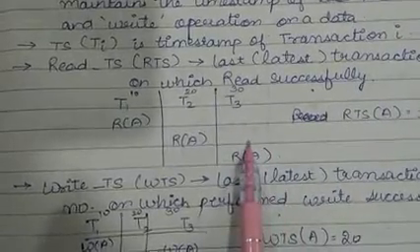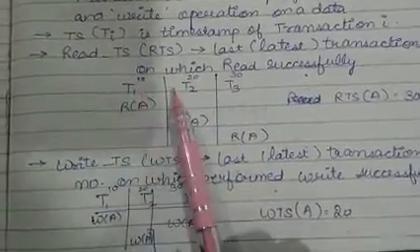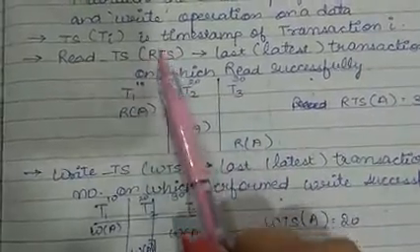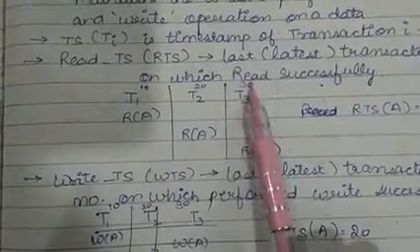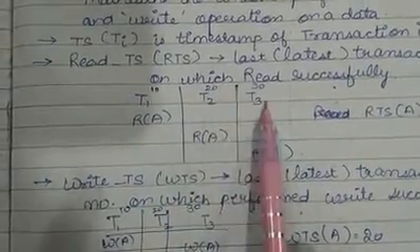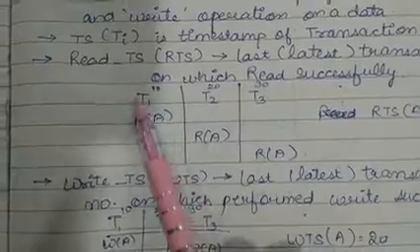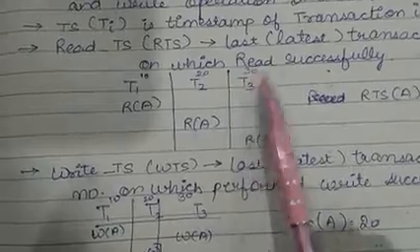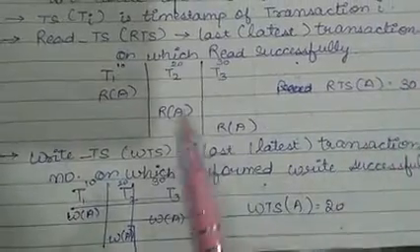So this is the last operation, the last read on this schedule S, which has three transactions T1, T2 and T3. So this RTS will give me the value of this transaction. Suppose I have given three values to them: T1 has a value of 10, T2 is 20 and T3 is 30. This is nothing but a timestamp based on the system logs or the system time or logic units. So this is generally the time. So this RTS will give me the value of 30. So suppose RTS A is equal to 30 here.